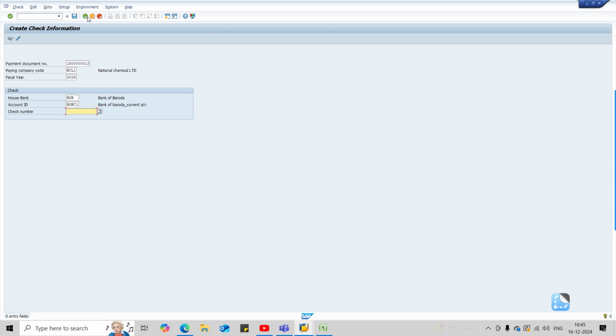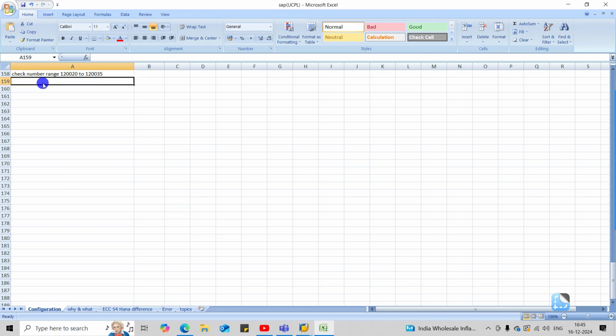ठीक है, पहले डिस्प्ले करके देखते हैं। डिस्प्ले के लिए जैसे हमारी लाइन आइटम डिस्प्ले होती है, ऐसी चेक के लिए होती है FCHN। लेट मी नोट दिस डाउन, FCHN।